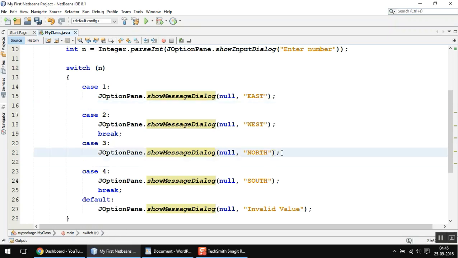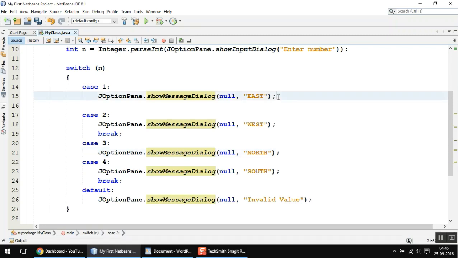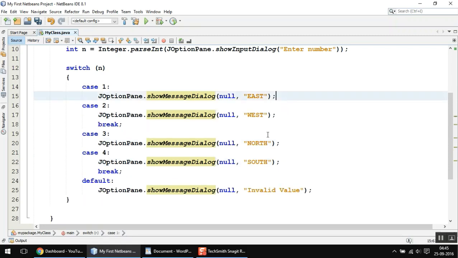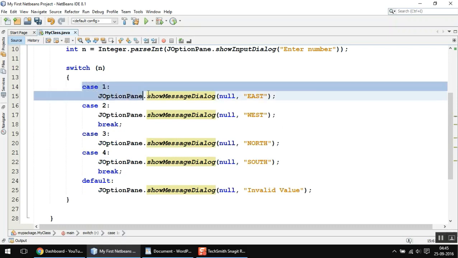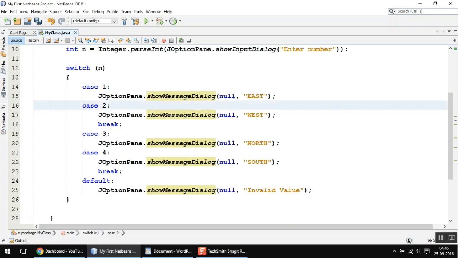Okay, straight away as you can see it does not display any error. But now what happens when I enter 1? It executes this case 1 of course, and then it searches for the break statement right after this statement. And if it doesn't find break statement, it will